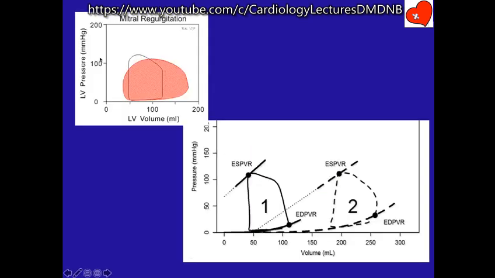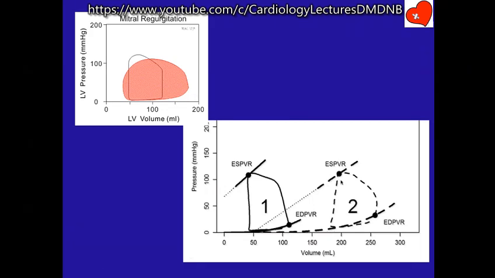Now this is the same slide. I want to show you two slides. For example, here it's a volume load with MR. You see isovolumic contraction is absent, but still the end systolic volume is quite good, less than 50. Whereas at a later phase in the natural history, the isovolumic contraction is completely obliterated. At the same time, the end systolic volume has increased from 50 to 150 or more.